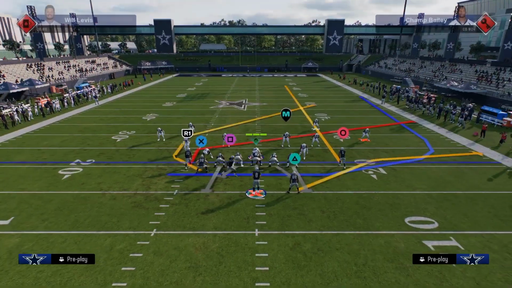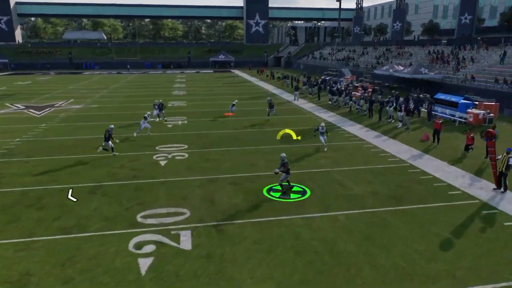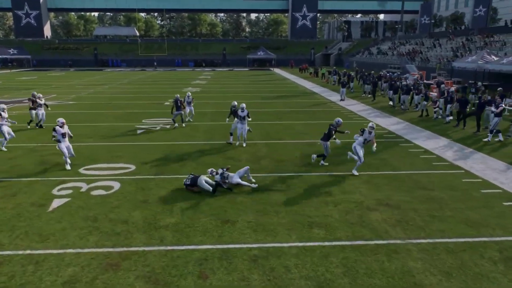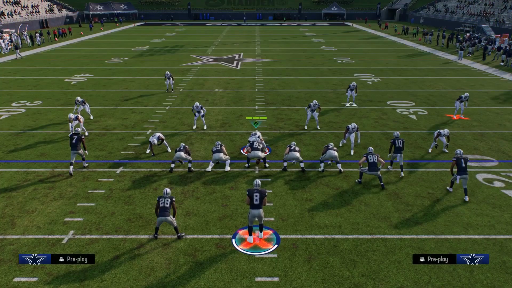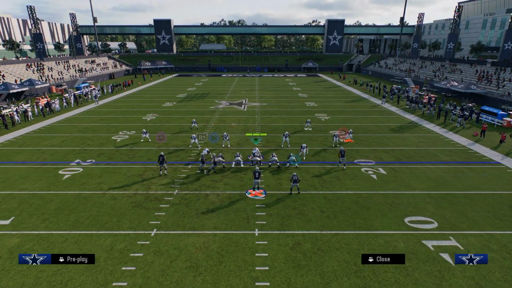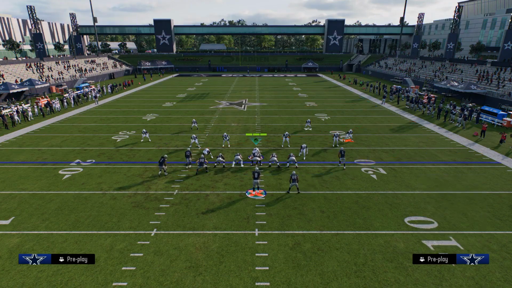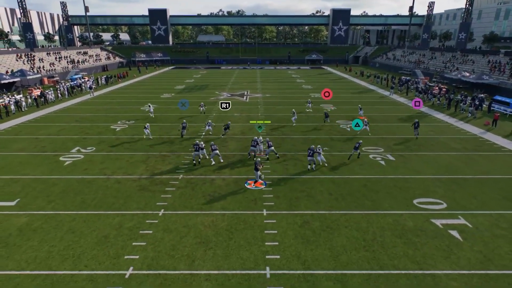So you'll see here, if they're not shading underneath, we can just throw this simple flat route. And a lot of times in this game, you'll break that first tackle, and you'll be in a position where they're going to have to respect that. So now they're going to shade underneath. They're going to play cover 3 hard flat, cover 4 hard flat type of coverages. And this is where I think this gets really good,